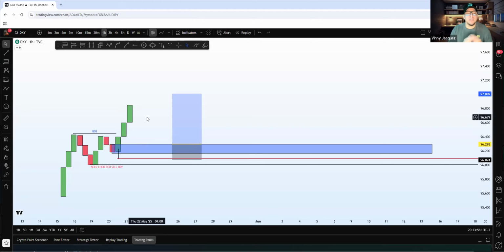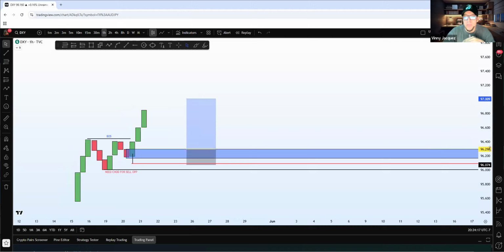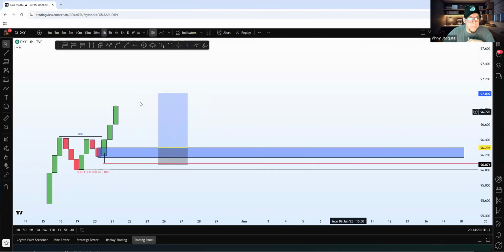Right. And again, I'm not saying you can't. The market will give you opportunities, and if it gives you confirmations, you all have the knowledge to make the right decisions. I 100% believe in you guys. You know what to do. You know what to look for. You know the confirmations. So I'm not saying you can't take these sells. I'm saying we're waiting for the next possible buy.